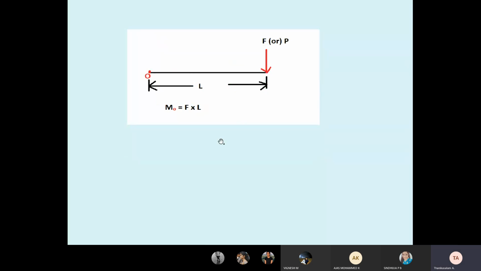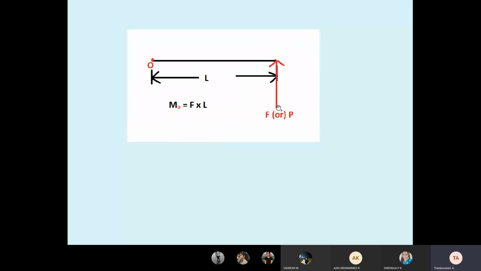Then we discussed about the moment. Moment means turning effect. For a best example, we are tightening and loosening the bolt and nut. So moment, we always say with respect to which point, your O point. So I'm taking moment. A moment equals a force into perpendicular distance. Students understand? Force into perpendicular distance, Newton meter. There are two moments, the clockwise moment and the anti-clockwise moment. Clockwise moment means positive. Then anti-clockwise, you have to write a minus. Here I need to mention that in this unit we are discussing moment, and particularly a lot of problems we are solving. So anti-clockwise moment means negative, that is minus F into L.